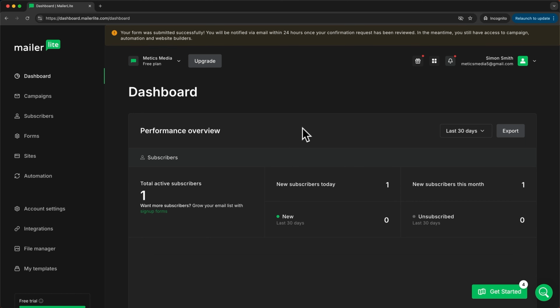Now let's look at how to import your existing contacts to MailerLite. If you don't already have any contacts, then you can skip this step. But if you're switching from another provider and you want to import your existing email contacts, you want to follow along. So to import our subscribers, we're first going to click on subscribers here on the left side and then